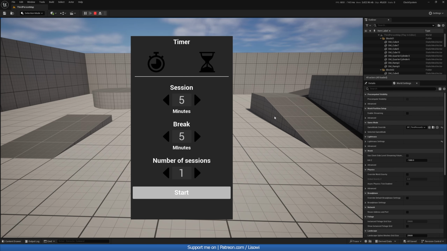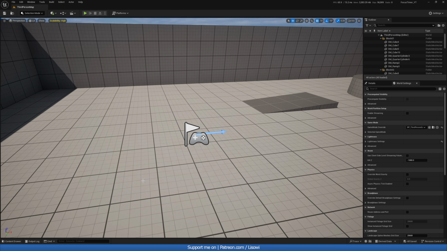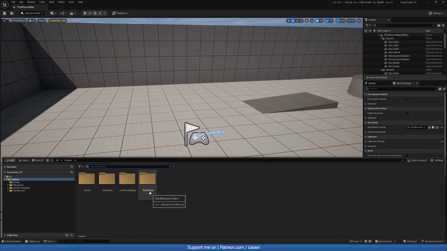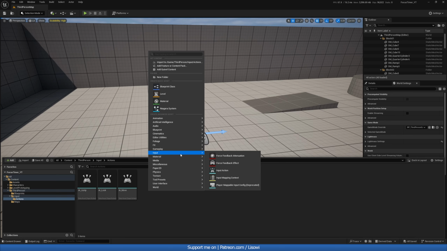Also, I want to mention that with this system, it'll be very easy to create a different timer and just add it to the system. So to start things off, I want to be able to press a key and have the clock pop up on the screen. So for that, we'll go into our third person, input, actions, and let's go and create a